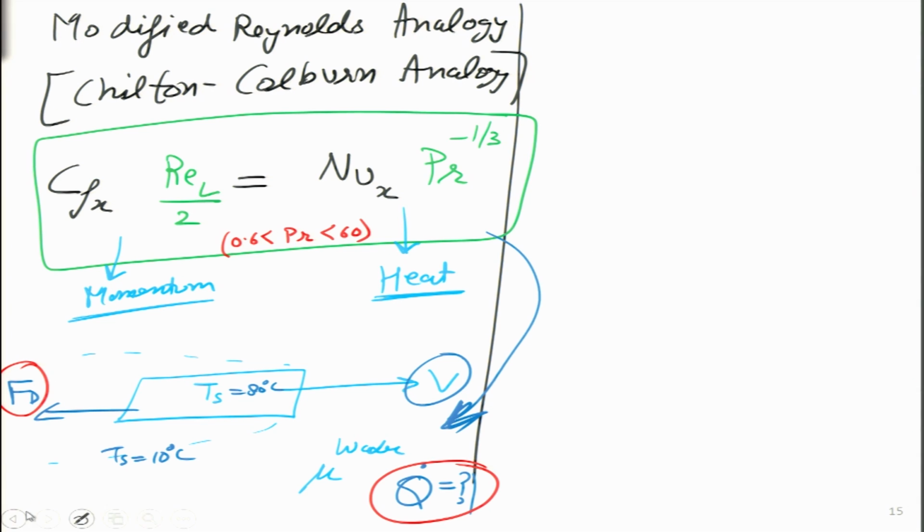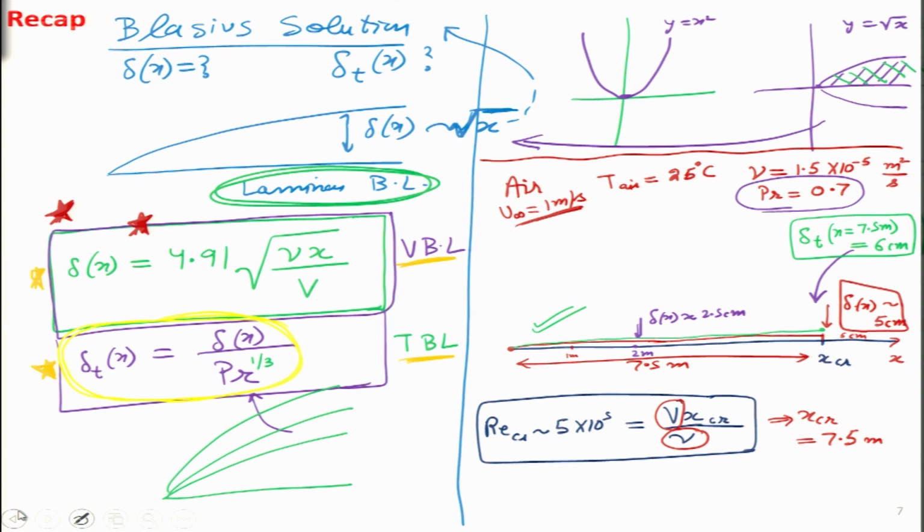So, I think let us just do a small flashback and see from where we have reached to which particular point. We started looking at Blasius solution, and these are the solutions from the Blasius equation, starting off with this red star over here. This red star simply gives the thickness of the boundary layer. How does the boundary layer increase as a function of x? And we see it is a square root increase.